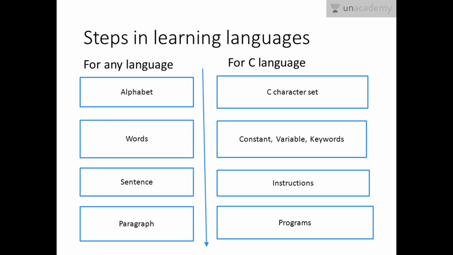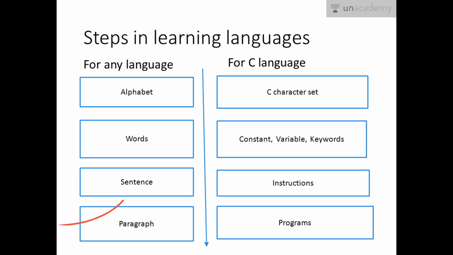Steps in learning a language. Like other languages, if you are going to learn English, what is the foremost thing, or what are the units of English? First of all, you have to know that. If you're going to learn English, you must know the alphabets of English. With the help of alphabets you are going to make words. With the help of words you are going to make a meaningful sentence. With the help of sentences you are going to make a paragraph, and this paragraph is in English. So you have learned English.